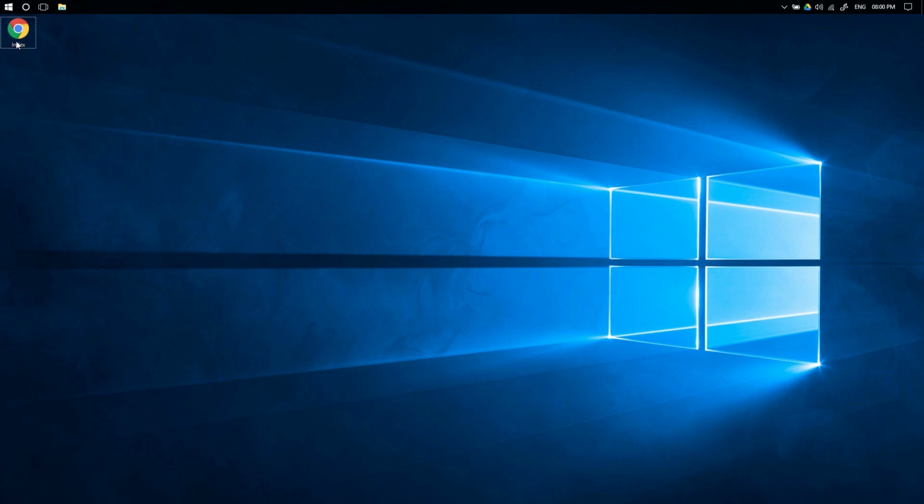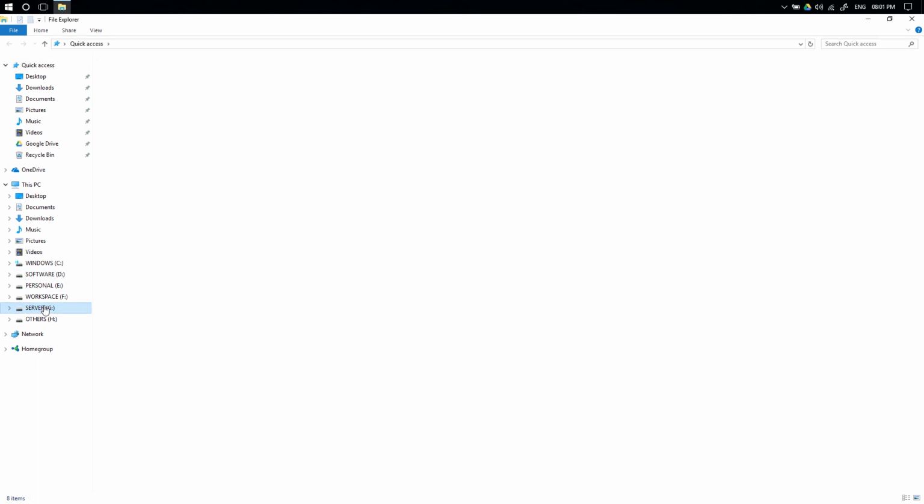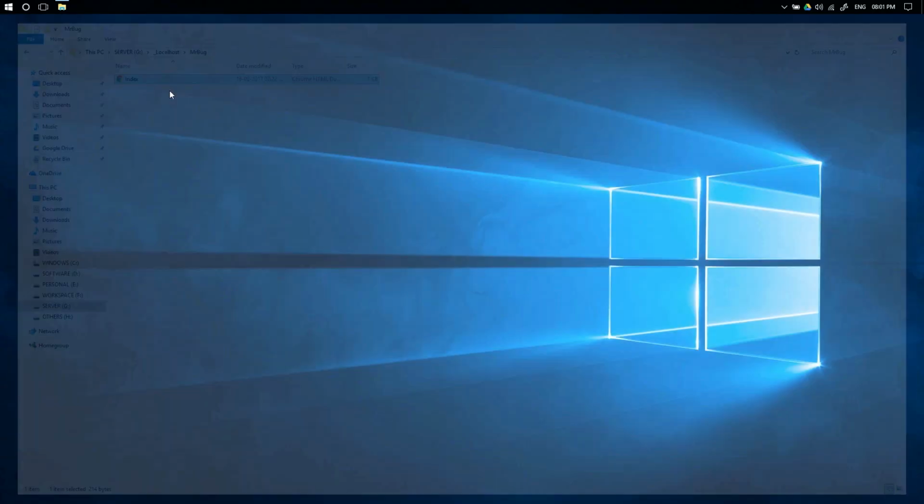I am going to place this file inside my directory called server, under which localhost, and I will create a folder called Mr. Bug here, and then I will paste the index file. You can keep it anywhere you wish, but make sure you remember the path, because it will be required to configure the site path in IIS.